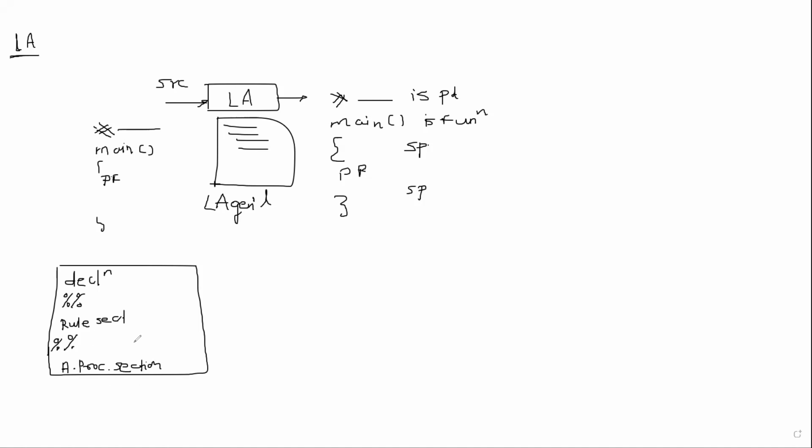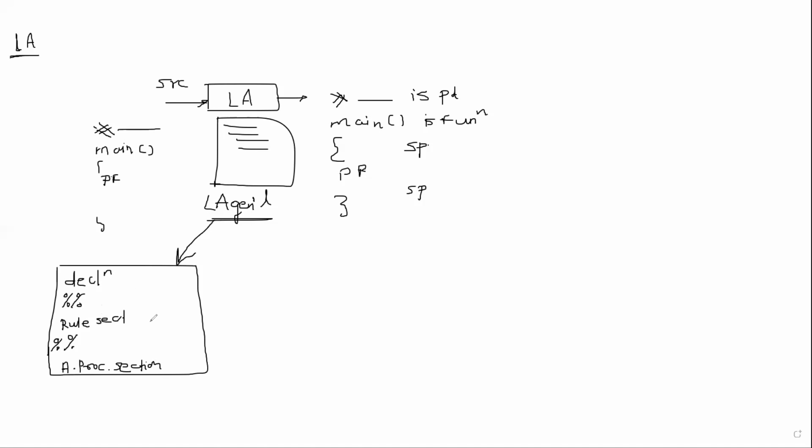Okay, so total 3 sections are there in any .l file. कोणतीही लेक्सिकल टूलची जर फाईल घेतली तर त्याच्यामध्ये 3 सेक्शन्स असतात. First the declaration section, separated by double % sign from the rules section, and again the rules section is separated from the auxiliary procedure section by means of double % sign again. So that is called your